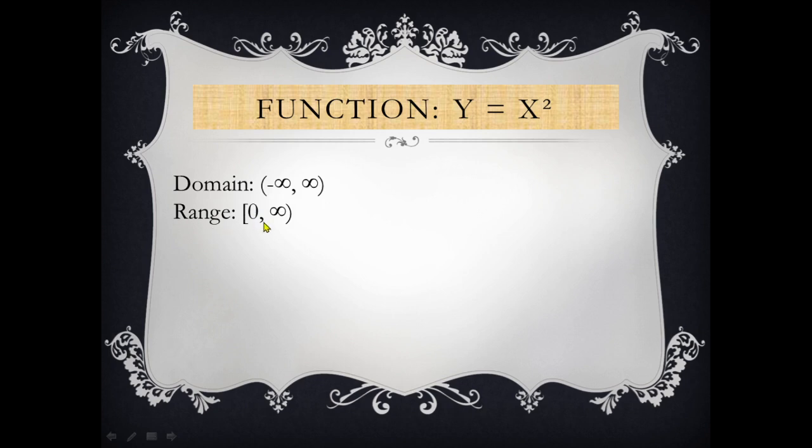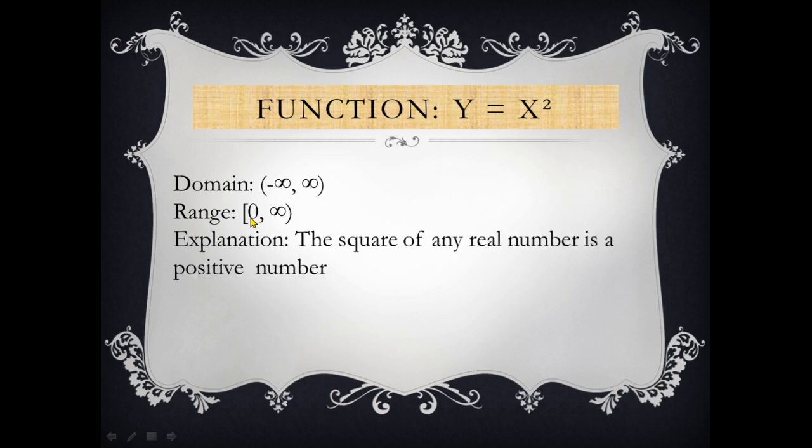infinity. The range is 0 to infinity, including 0. For that we have to write the square bracket only. If you put the round bracket, then that means excluding the value. Here this function includes the 0, so we have to write only the square bracket or closed bracket on the left side. The square of any real number is a positive number, so that range is 0 to infinity,